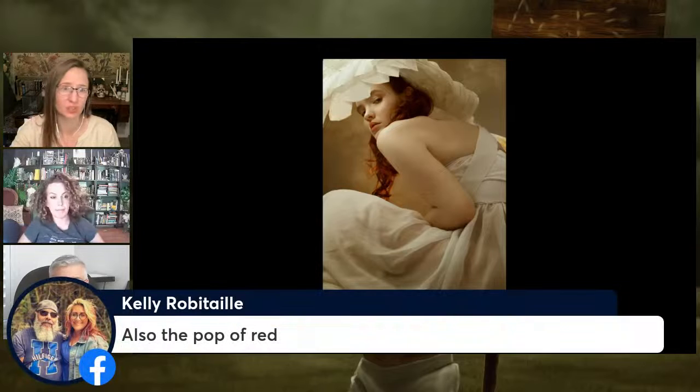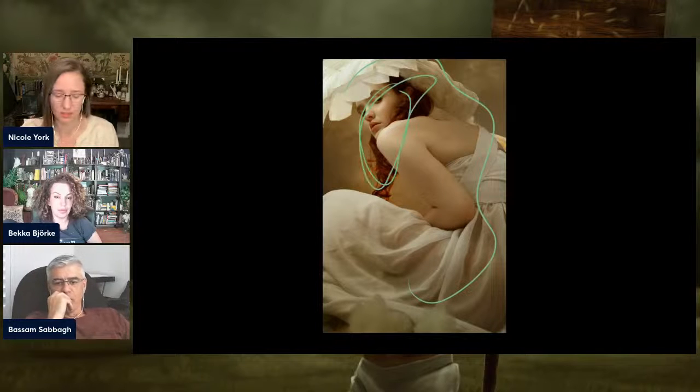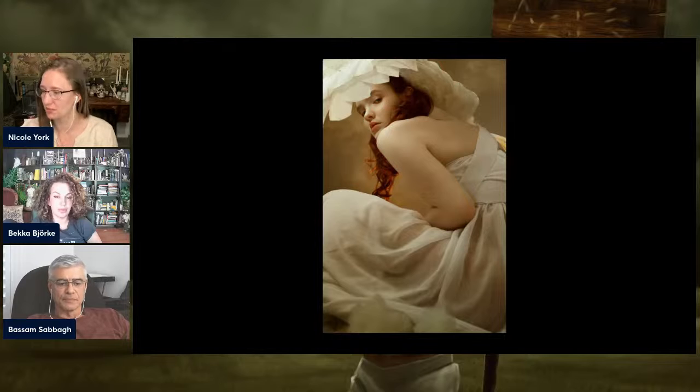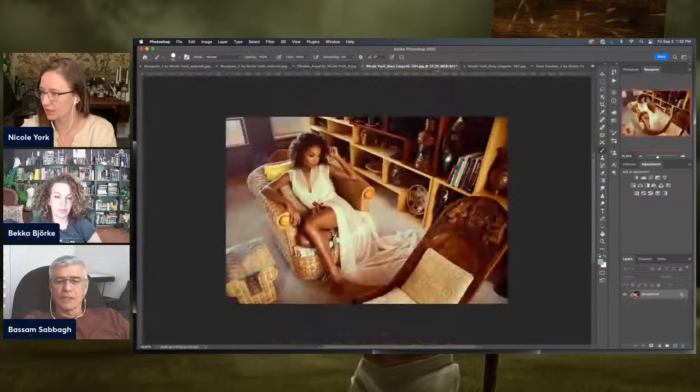Kelly also mentioning the red. So this is all very yellow and relatively monotone until we get to right here. So that color contrast we have. So we've got the Fibonacci sequence. We have this kind of pleasing curve of the shape language. We have the red in the contrast there. We have the face, and then of course the eye contact. So all of those things contributing to that image compositionally.